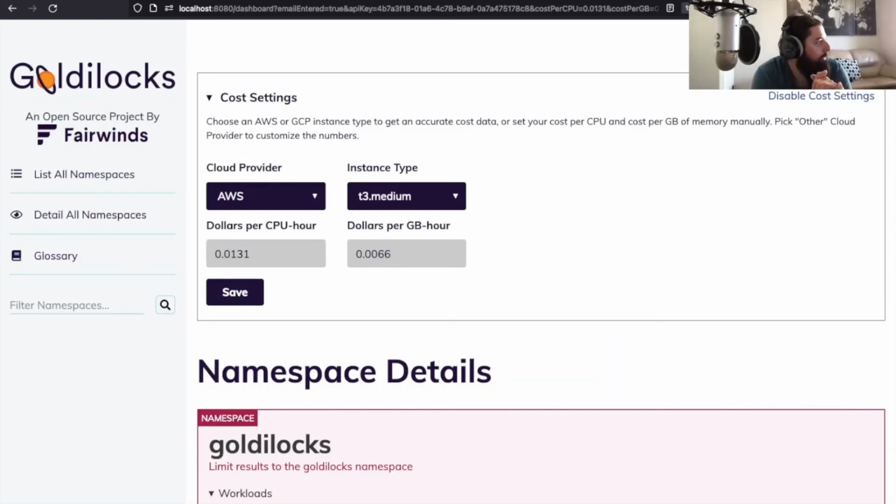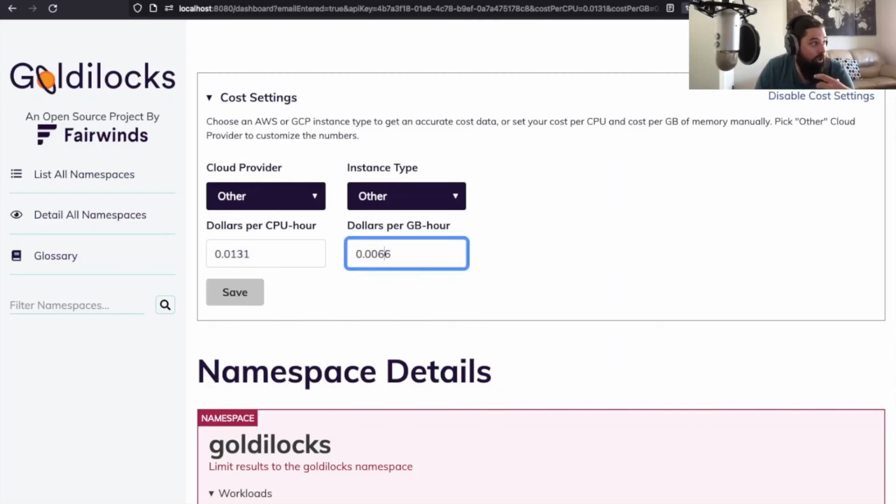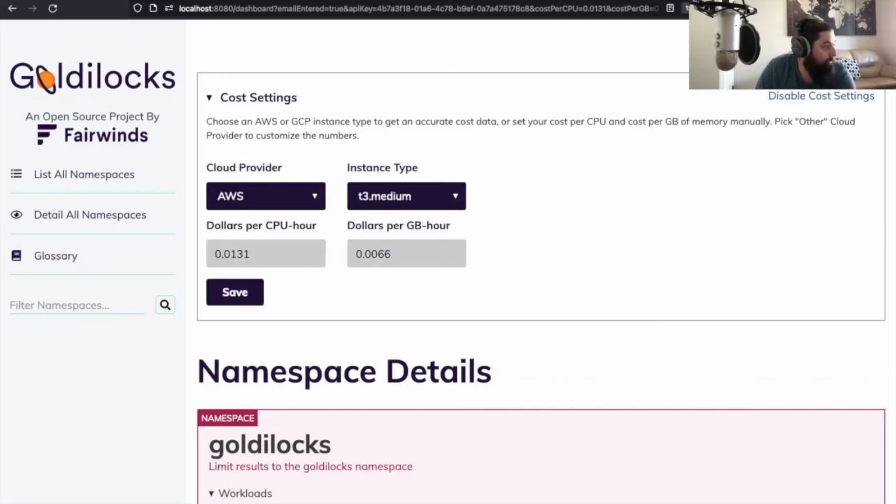So once you run the newest version of Goldilocks, v4.5.0, you're going to go in and see that there's a place where you can put in your email address, and we'll send you an API token. You put that in, and that's going to hit our API and pull in this cost data for the different cloud providers. So we can set GCP or AWS. If you set it to other, you can just put in dollars per gigabyte hour or per CPU hour for memory and CPU. But I'm going to go ahead and say AWS,